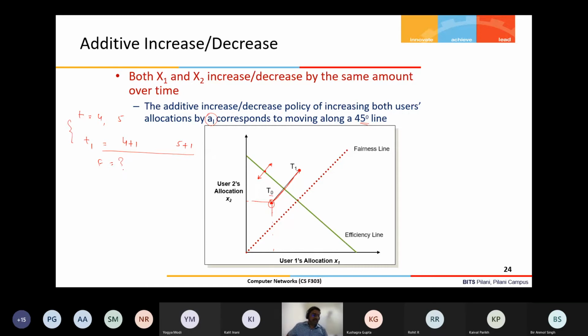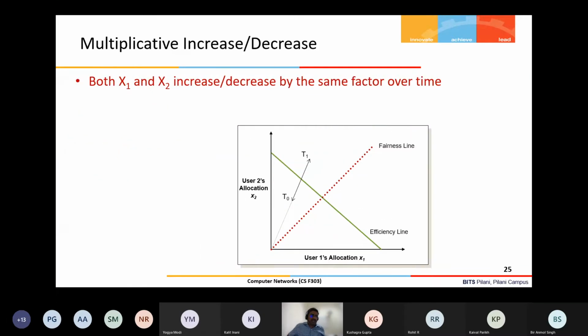Okay, so this you can check out, means you need to apply that formula and see that. Intuitively also you can say whether, if you increase it, the fairness will increase as compared to the previous state or decrease. Otherwise you can apply the formula and check for some values, and then you will understand how my fairness is changing. Definitely fairness is going to change. It's not going to be constant, right?